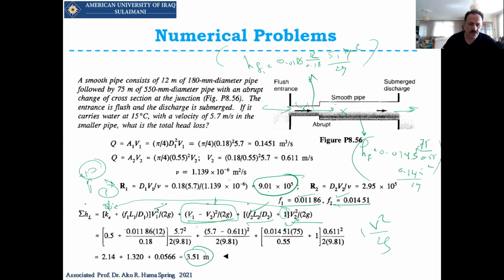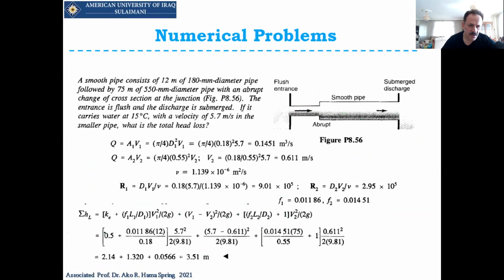Okay. So in the previous example, if you want to neglect the minor head losses in this question, what are we going to do? If I'm going to neglect the minor head losses, they will be 0, and this one is going to be 0. This is what happens if I neglect the minor head losses. But if you don't have to neglect them, you have to calculate them.